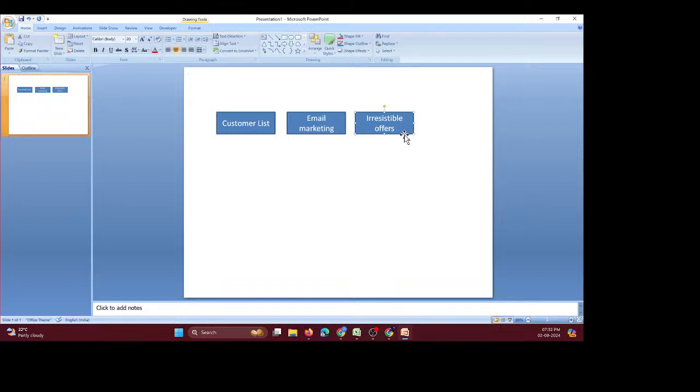Now the next step is, you should have a level of open rate. If you have open rate, you should have a minimum open rate of 5%. If you have anything less than that, there is some problem that you've got to sort out. So once you have open rate, the next thing that you've got to have is